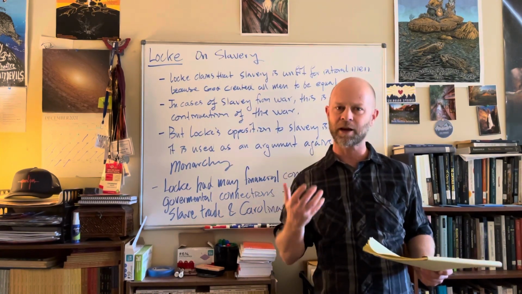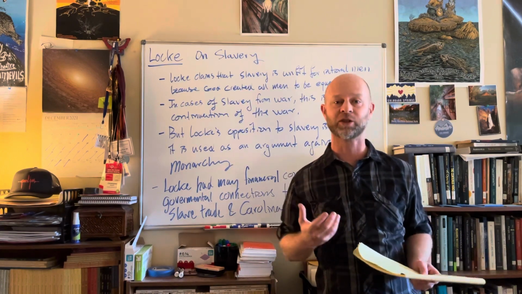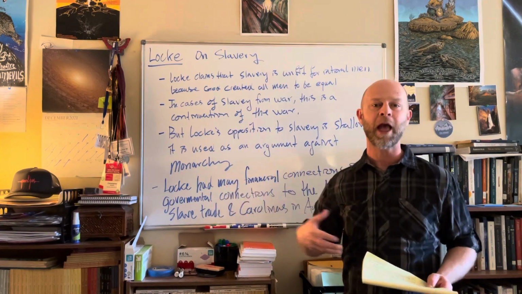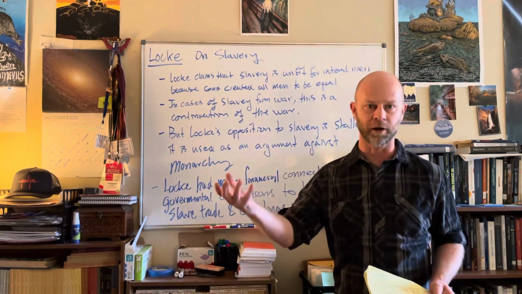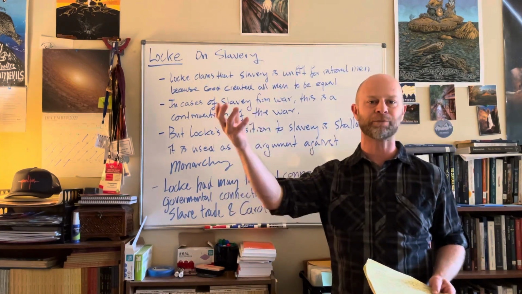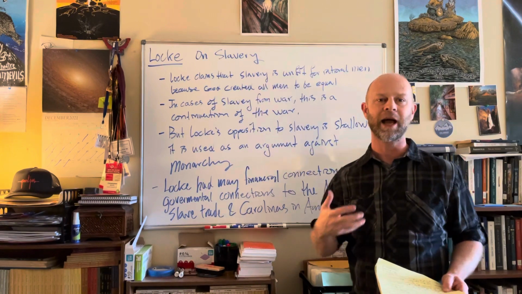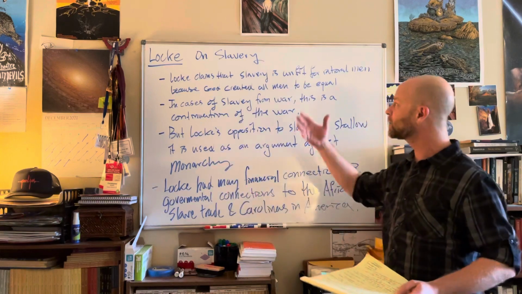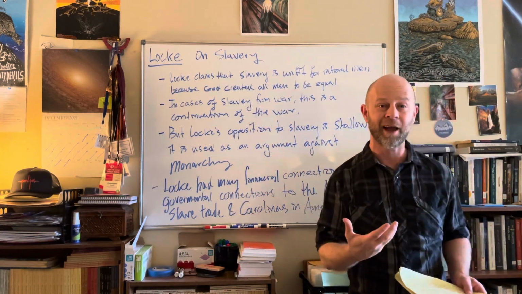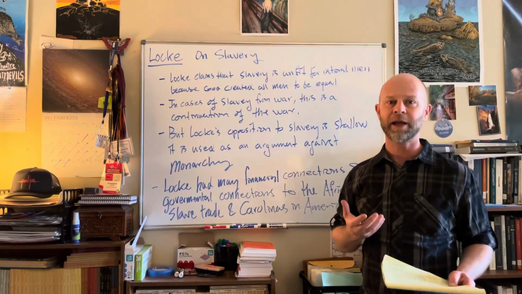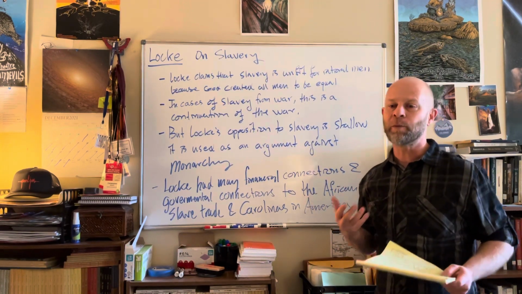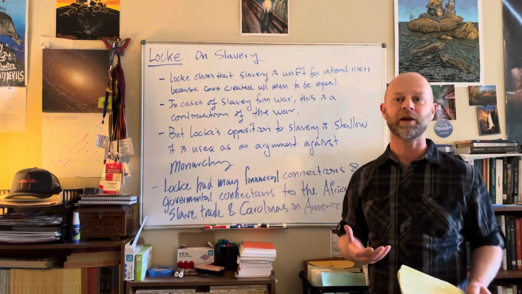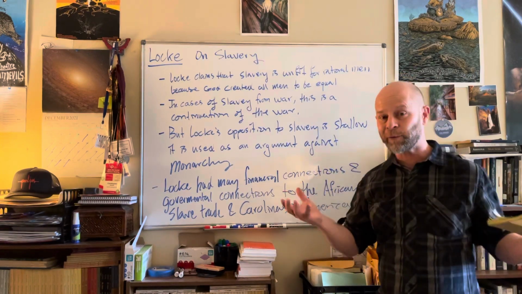A more consistent interpretation of Locke, I would suggest, is that he wasn't against slavery in any real sense. Rather, he was using slavery metaphorically to argue against the monarchy, because he saw the structure in place between the king and the subjects as being basically the same as the master and the slave. And so when he argues that slavery is unfit for rational men, I think one way that we could interpret him there is to say that human beings, men, should not be ruled by a king, that it's unfit for rational men to be ruled by a king. And maybe that's another way that we can